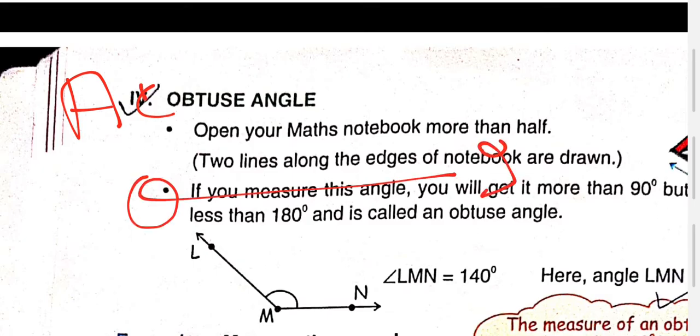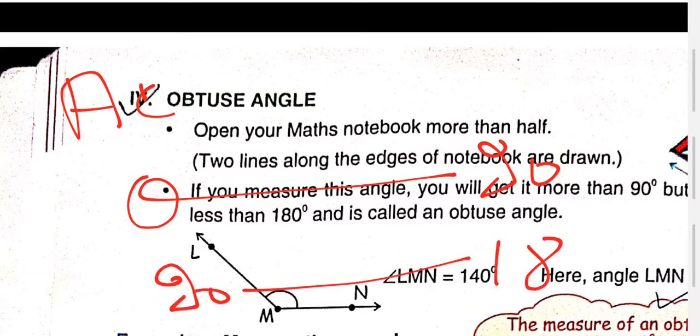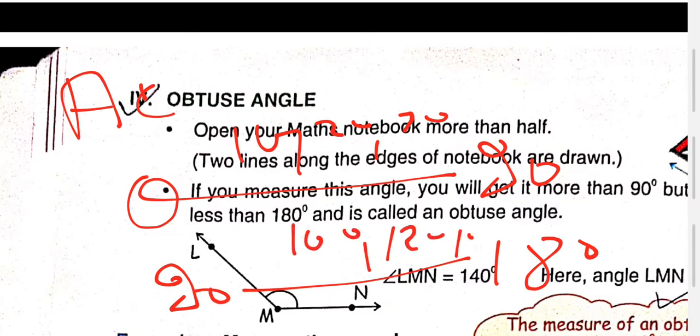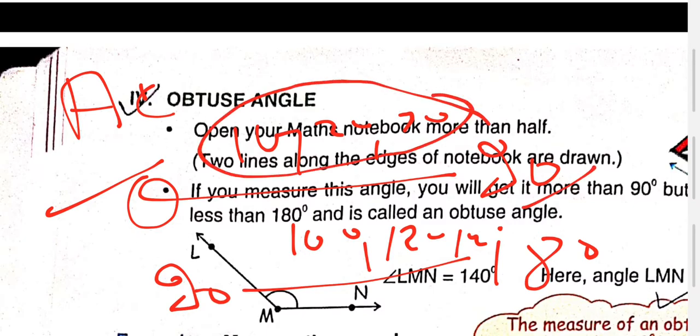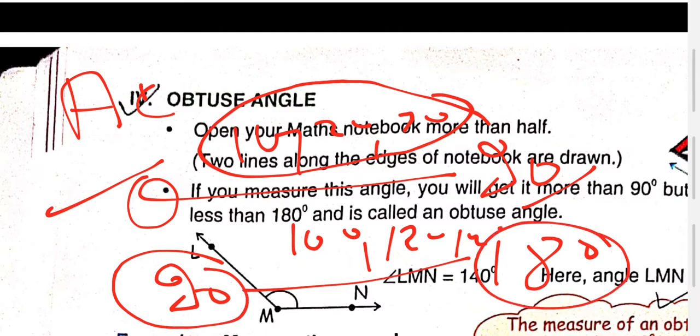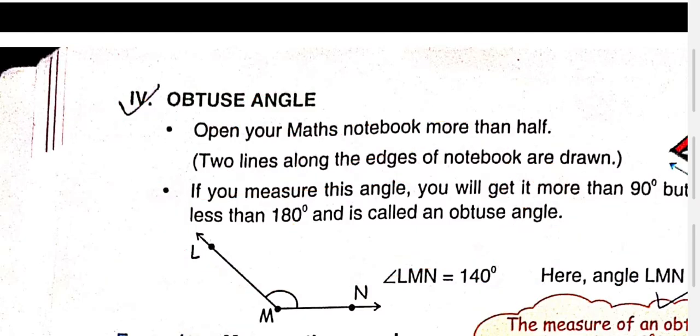0 to 90, and obtuse angle lies between 90 to 180. So acute angle lies between 0 and 90. It means it becomes 10, 20, 30, 40 like that, and more than 90 becomes 100, 120, 140 like that. So it is known as zero angle, it is known as right angle, and the angle which comes between them is known as the acute angle, and this is known as right angle, this is known as straight angle. 180 is known as straight angle, and the angle which comes between them is known as obtuse angle.